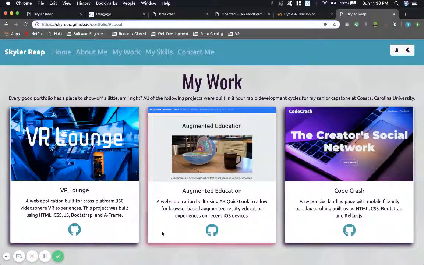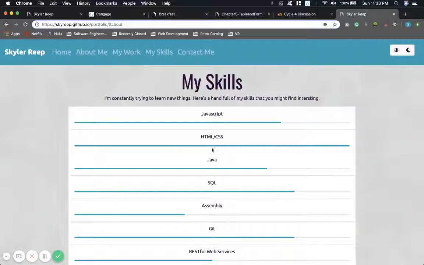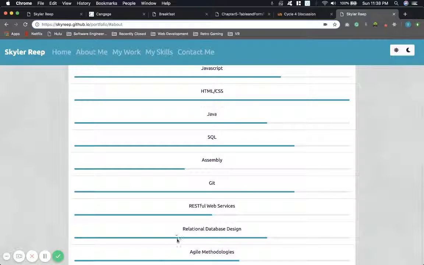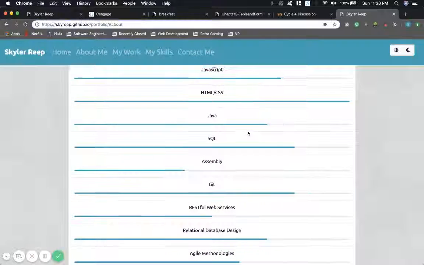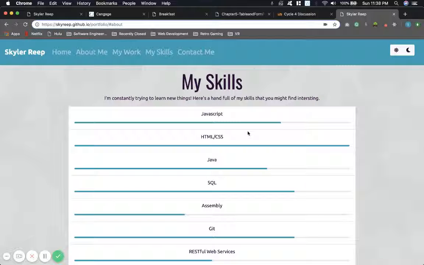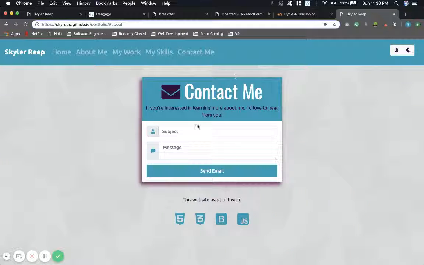Modified bootstrap cards with a glowing background and some transformations on my GitHub icons. These are bootstrap progress bars that I modified so that they show my competence, I guess you'd say, with each technology. And then my contact form also has a glowing background when you hover. And if you were to fill out some of this information in the contact form and then click send email,